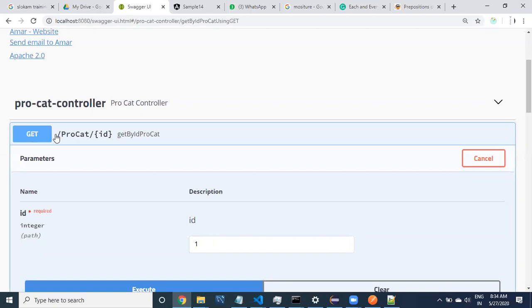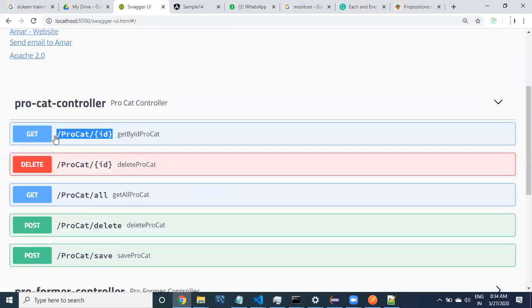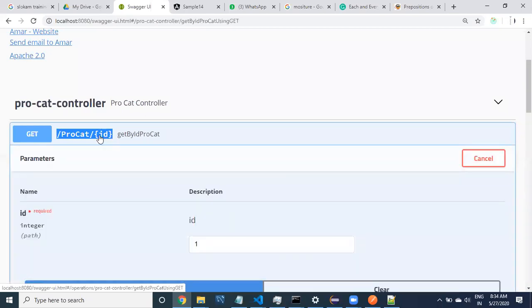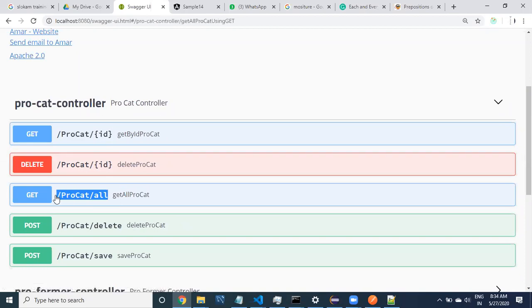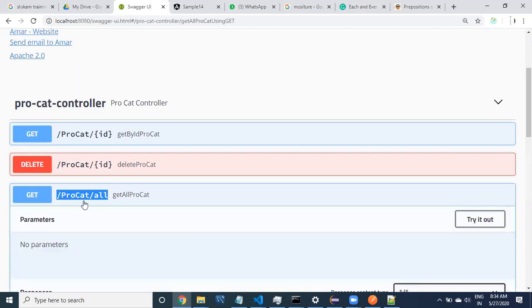So once again, you see here, guys, product category, right? Copy this product category, and this flower bracket indicates you need to provide some value. This can be called a path variable. You have to provide the path variable. Here there is no path variable, so directly calling product slash all. Now your REST service is running on localhost 8080. Got it, guys?